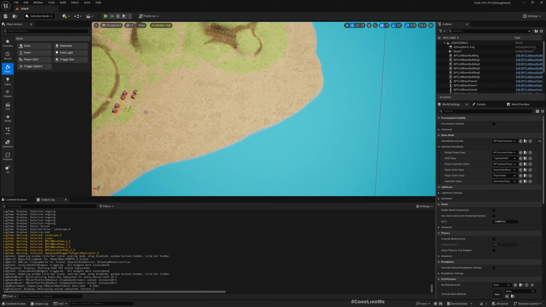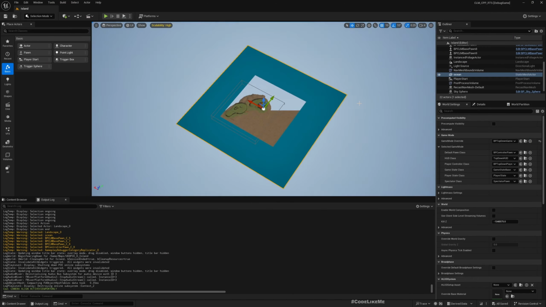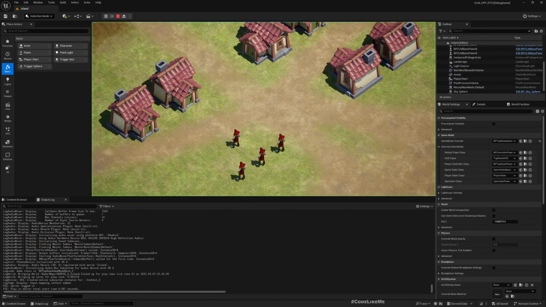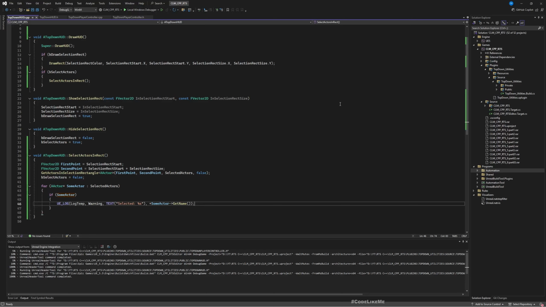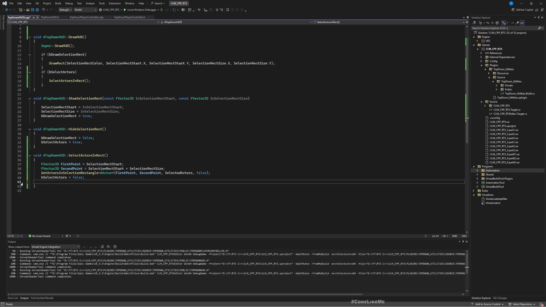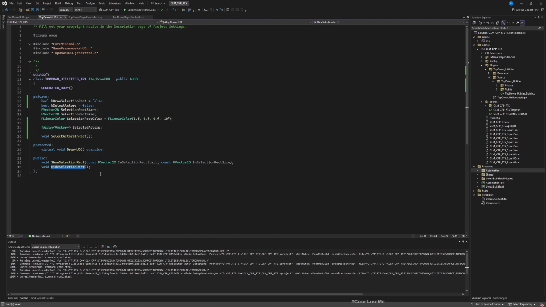Ocean means this, right. So it's working. Now the next step is we need to get these selected actors into our controller, so we can do the actual selection there. So for that, here the function